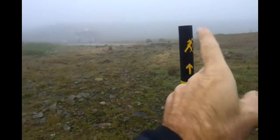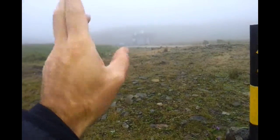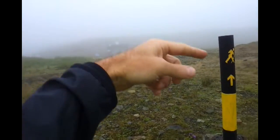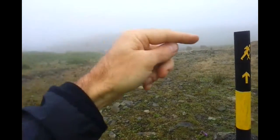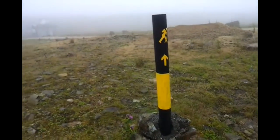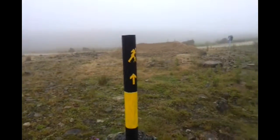down to the main road, which would have been the village. That's the way I'm going to head, all the way down to Lynch, and then back inland, back up to Arigna, so hopefully that's... Now, not such a great day today, as you can see, it's